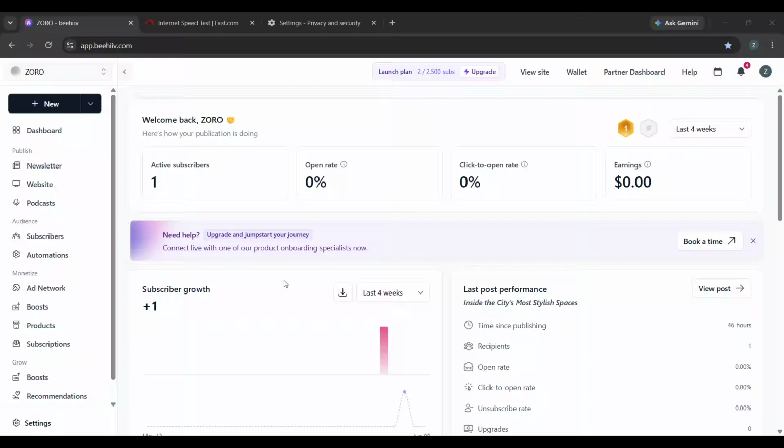If you're seeing a Beehiiv authentication error, don't worry. In this video, I'm going to walk you through the fastest ways to fix it step by step so you can get back into your account and keep working without the frustration. This is a simple troubleshooting guide that covers the most common causes, from login issues to browser problems and account